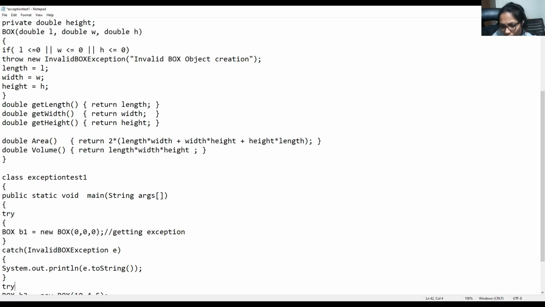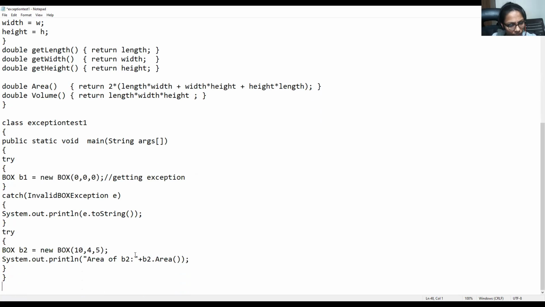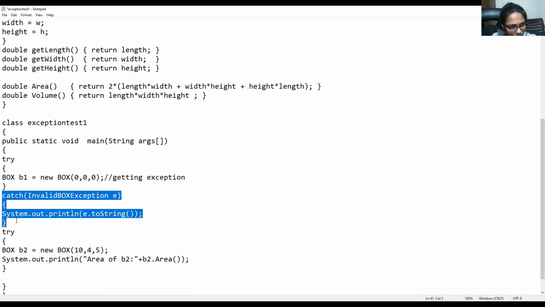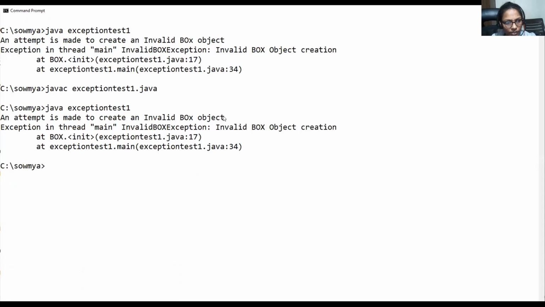Then again I'm opening one more try. Within this, I'm creating the next statement, followed by catch. The same catch you can write here. So I'm just saving this program. Then if I try to execute this,